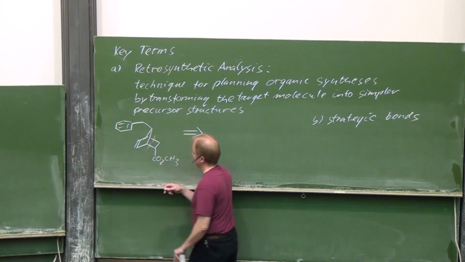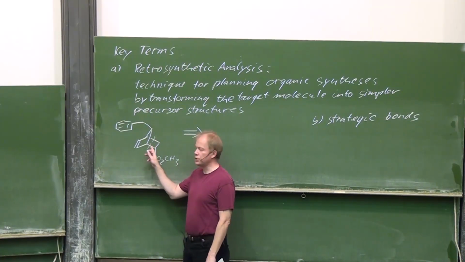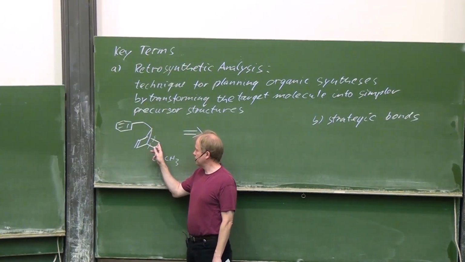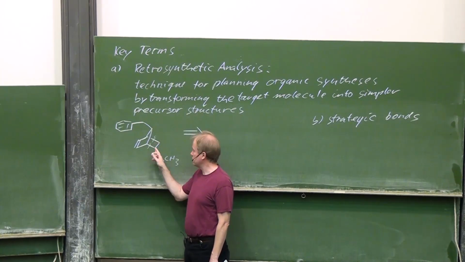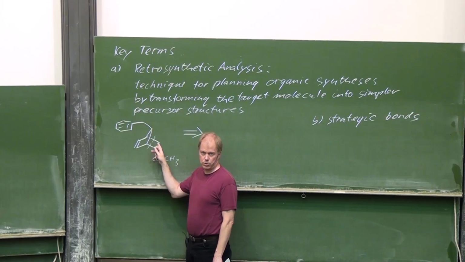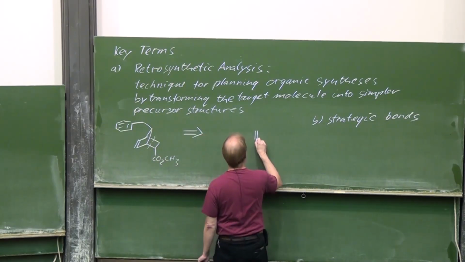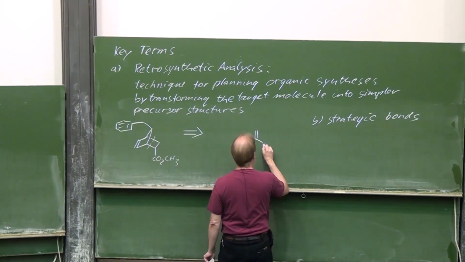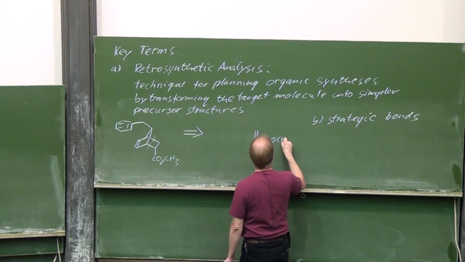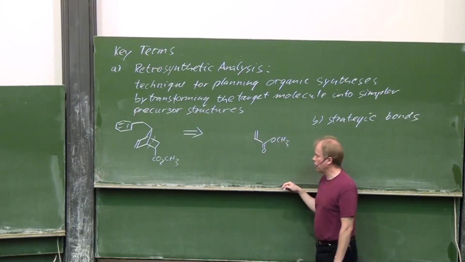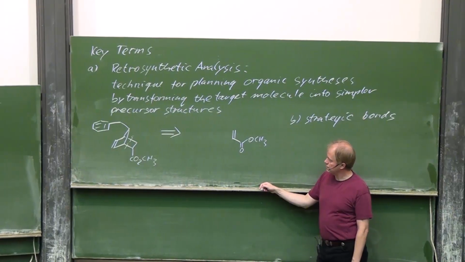Well, and if we break that homolytically, that would mean, in this case we are doing that homolytically, with a radical center here, a radical center there, that means a double bond is formed here. So, we have now this structure,